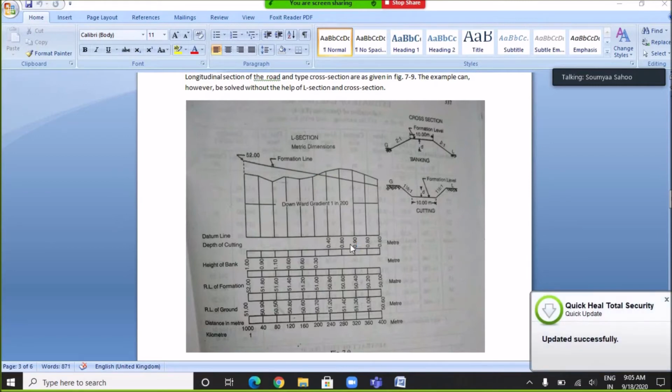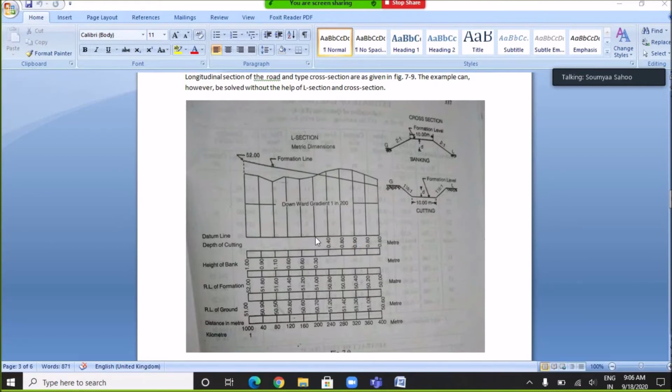So as you can see in this longitudinal section, between station number 30 and 31, both banking and cutting work is done. So between station number 30 and 31, we have to find out the distance for which banking work is done and the distance for which the cutting work is done. And we already know the distance between station number 30 and 31 is 40 meter. As you can see this portion,